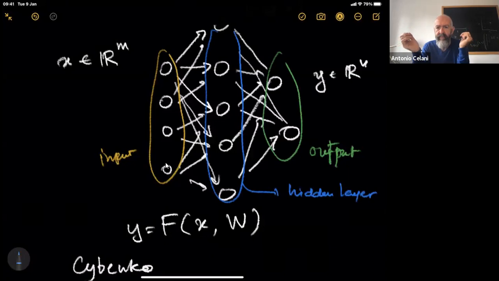Okay, but for any practical purposes, you can use this as a universal approximator